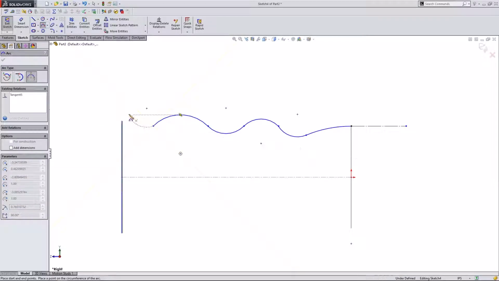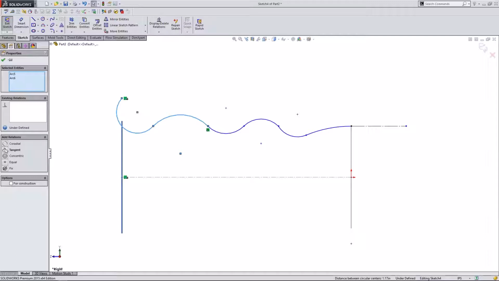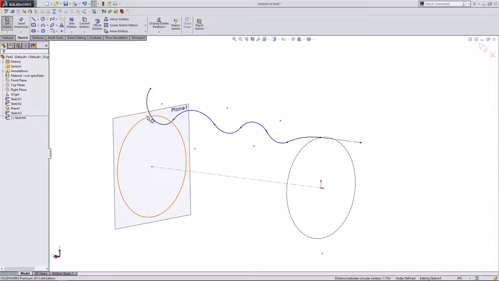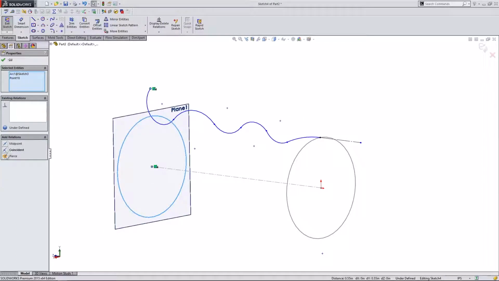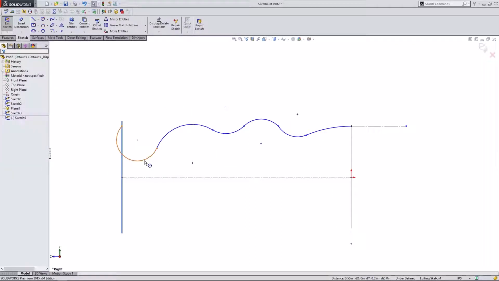And I'm going to create one more. And the last one is going to sit on the final point. So I'm going to make these tangent. Okay. Now I'm going to come here, click on this circle, click on the line, make them tangent, come back,